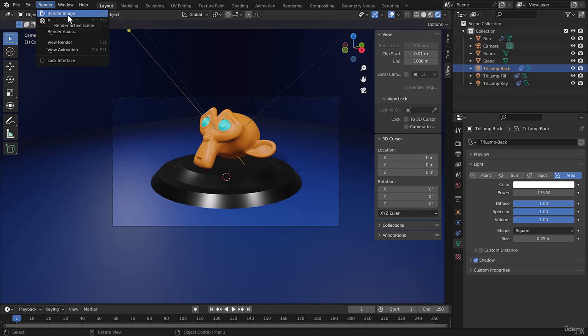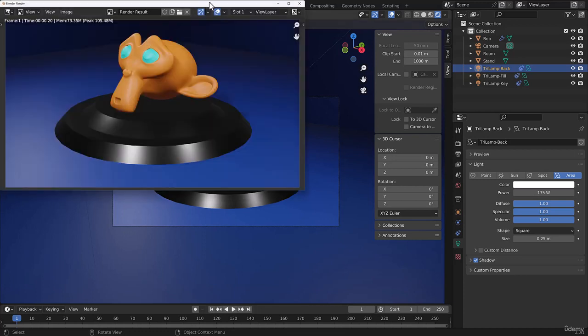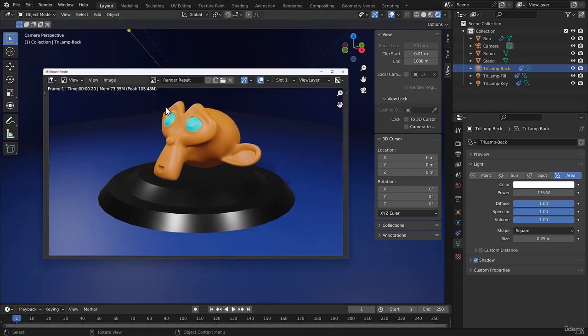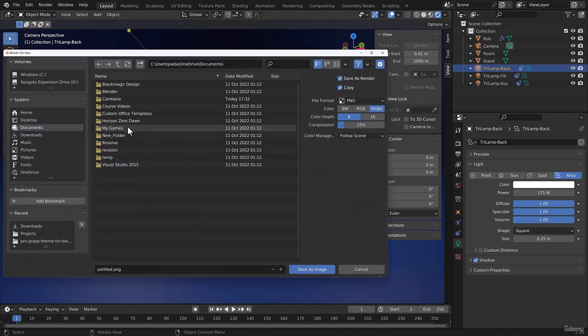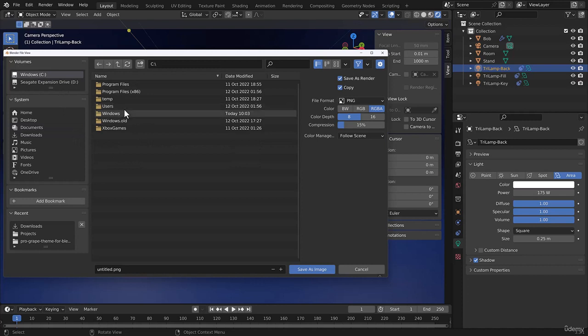I'm going to use Render Image now, and instantly I'll get a rendered image of my scene based on my camera's view. I can then go to the Image menu, select Save As, and then find a location to save my rendered image. So I'm going to go to my Windows file,